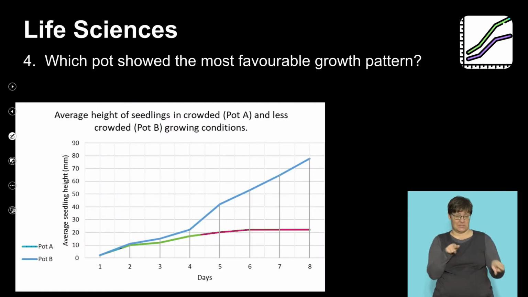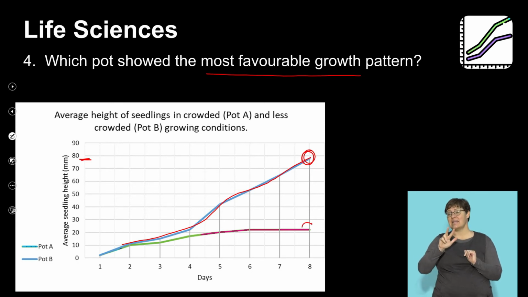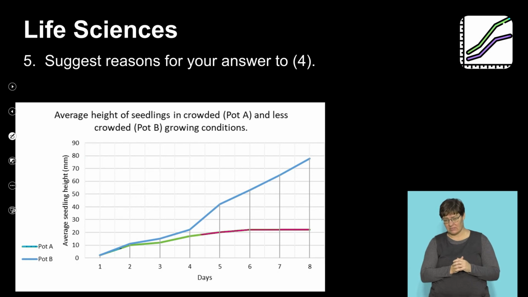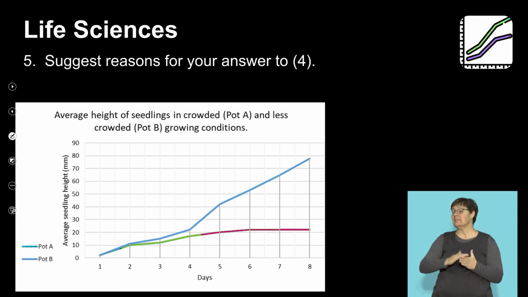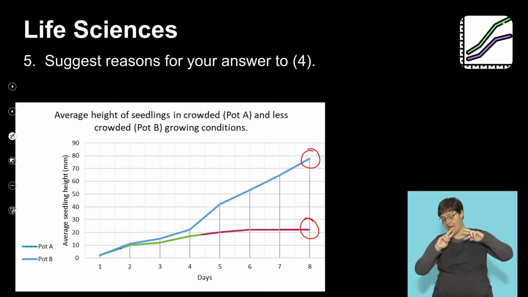Which pot showed the most favorable plant growth pattern? And I think we can see very clearly pot B is showing the best growth pattern, because by the end of our investigation, these plants are on average approaching 80 millimeters, whereas in pot A, they are really staying the same at around 22 millimeters. Suggest a reason. Well, our reason needs to refer back to the only variable that our investigator changed, and that